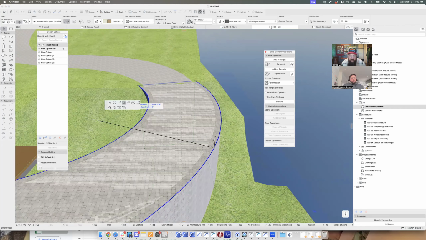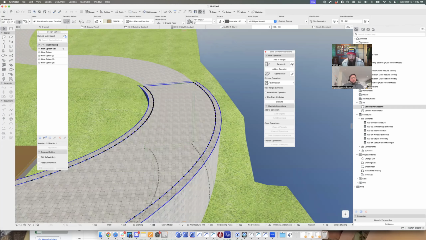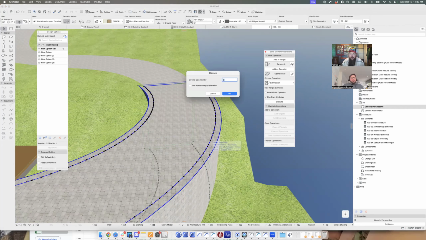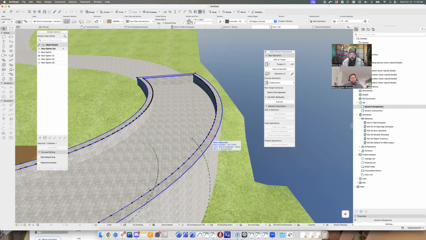I can then activate the pet palette again and subtract out this inner area, hold down space to magic wand. And now I get a mesh that has a donut ring around and a mesh that's inner. So if I take this outer mesh and elevate it up 2 feet, 1 foot, whatever,